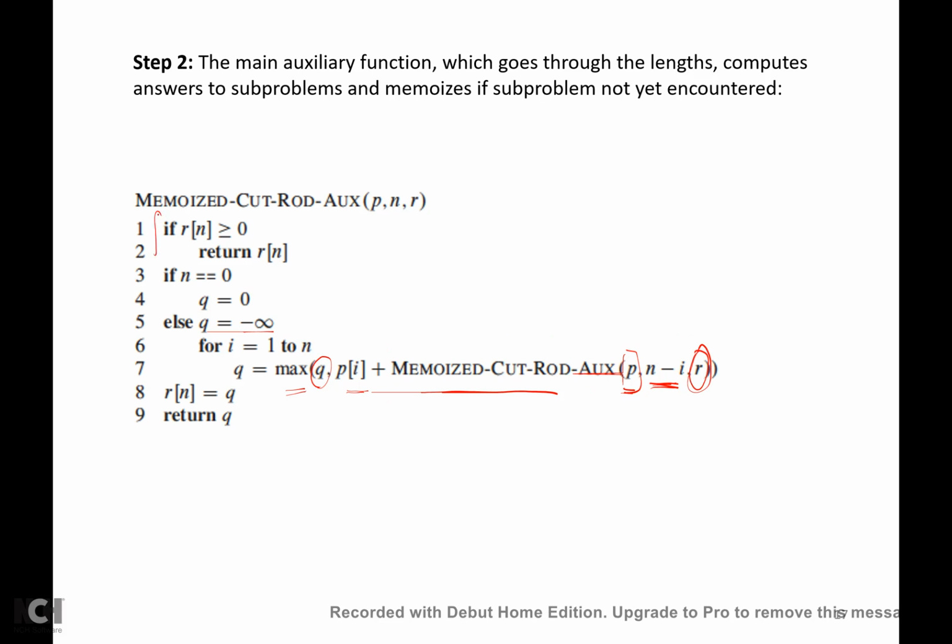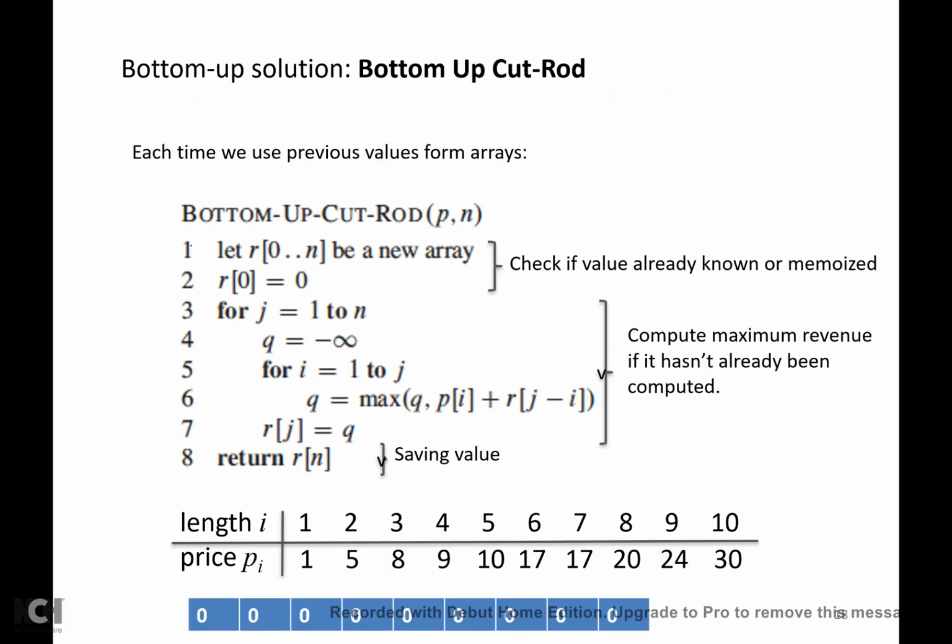And here, this is the tricky thing. We check if this specific element in this revenue array has already been calculated, right? Has a value there. And we could also have a bottom-up cut rod solution. And in that case, this is our third step and also corresponds to the fourth step. And first, we check if that is already known or memoized, right? We define this initialization, and we define a new array, initializing the first one to be 0. Then after that, we fill